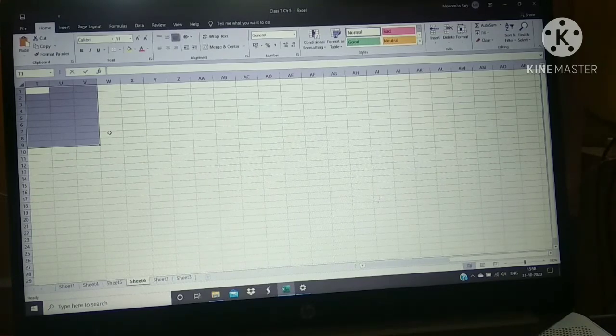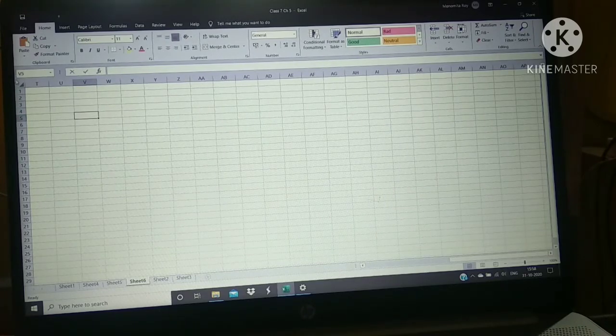Now we will be looking at the cell address. Each cell is given a cell address. Can you see this one in the name box? Yes. It is made up of a column letter and a row number. This one is known as the column letter, and this one is known as the row number.